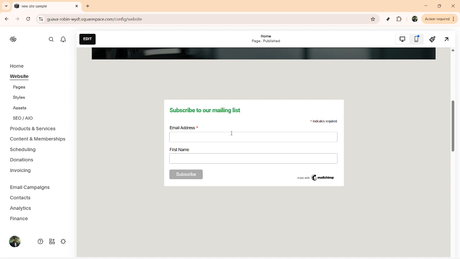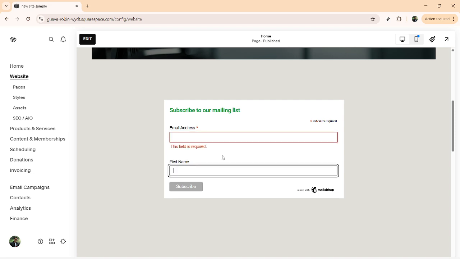From here, you can revisit the section or code block anytime to adjust spacing, add a heading above the form, or refine styling. But the core embed is done. You created a blank section, inserted a code block, replaced the placeholder with your Mailchimp embed, previewed safely, saved, and exited. That's all you need to start collecting